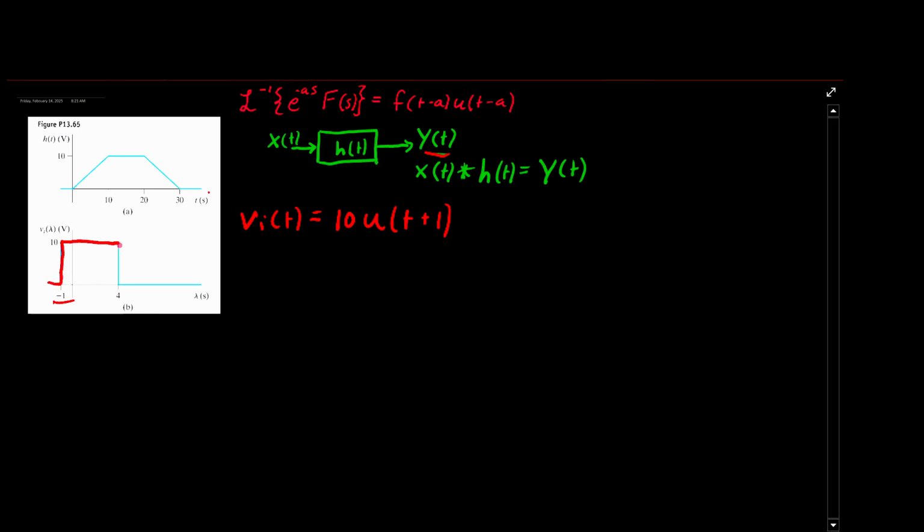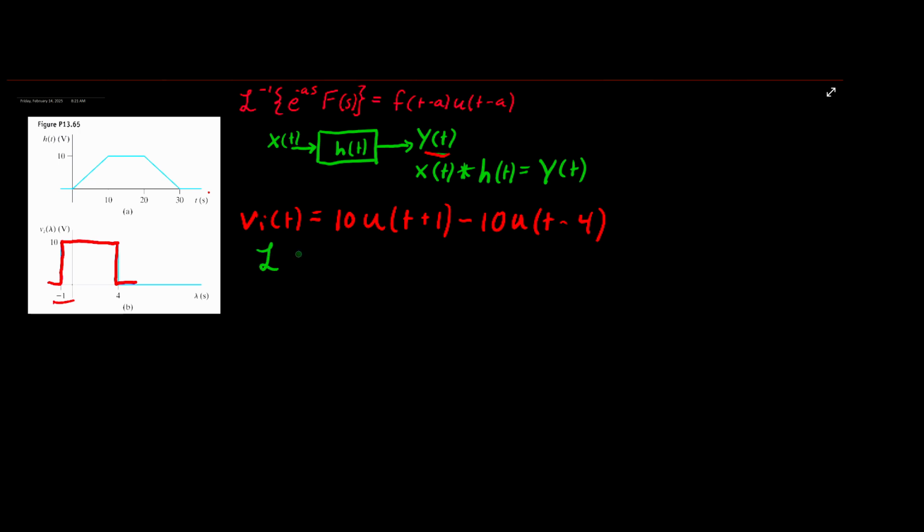Now, the next thing we need to do is describe our graph going back to 0 at t is equal to 4. So we can do that by subtracting another step function with a magnitude of 10 time shifted as t minus 4. Now that we have an equation for vi(t), our goal is to move this into the Laplace